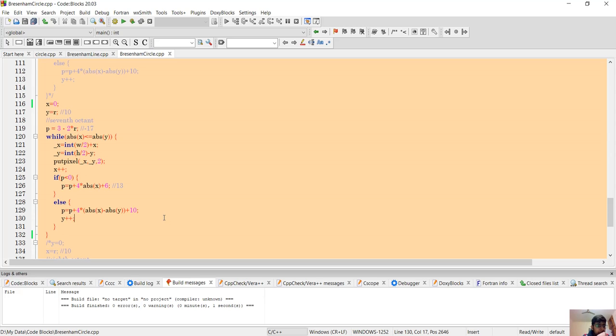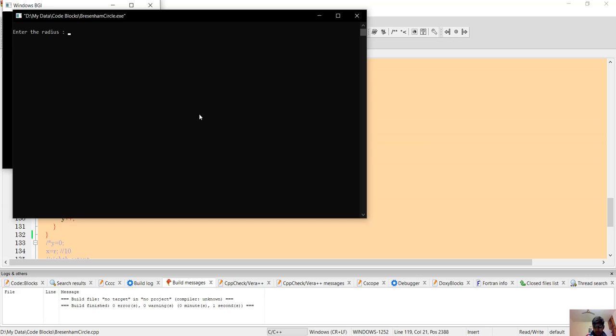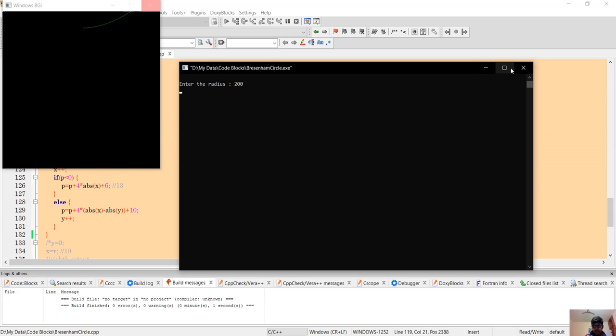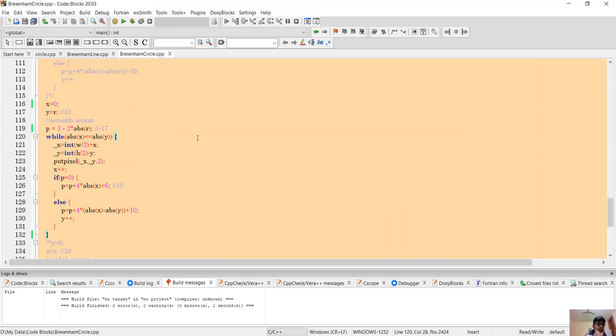If you want to make it work irrespective of our R being positive or negative, just make it absolute of R, and run it again. Now if we give it 200, it should work. Now it didn't. Something did not work fine.